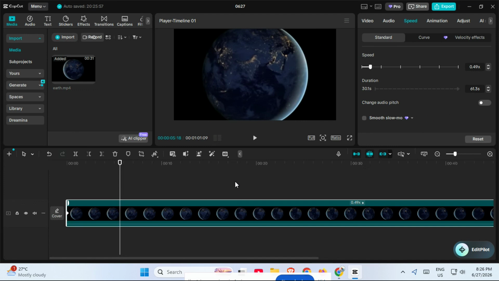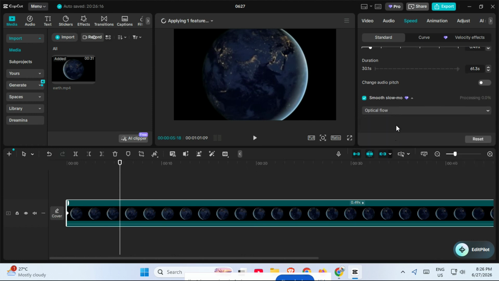Now, here's the key part for making the motion look smooth instead of jittery. Click the Smooth Slow Motion drop-down menu and choose Optical Flow. This setting tells CapCut to generate extra motion frames between the original frames, which helps create a much smoother slow motion result. It does take longer to process, so be patient while CapCut renders the effect, but the final result